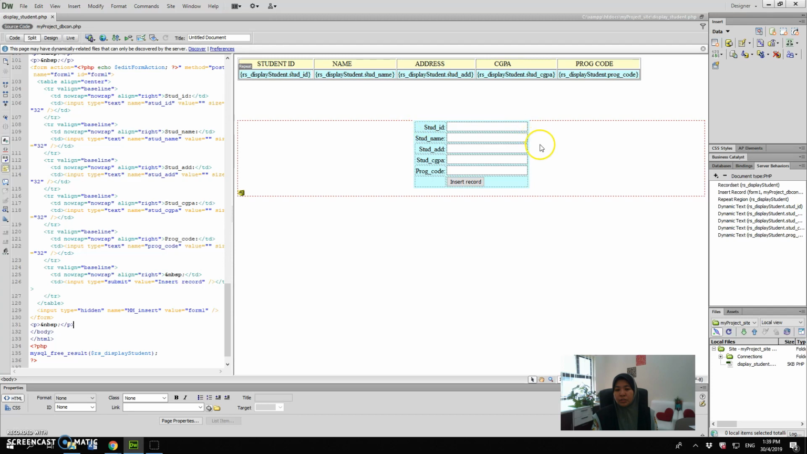And also in the previous video, I shared the steps to create the insert record set, where we can insert a new record into a table using this wizard form. Now, in order to create a new